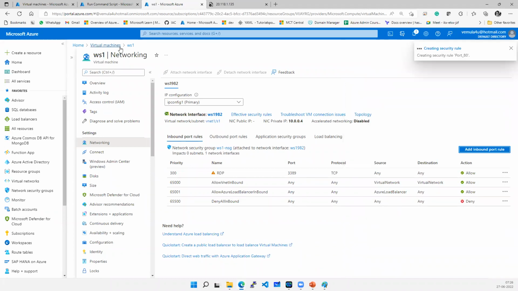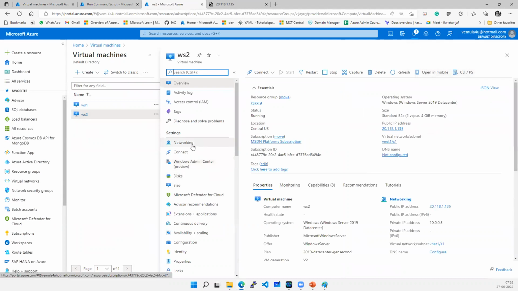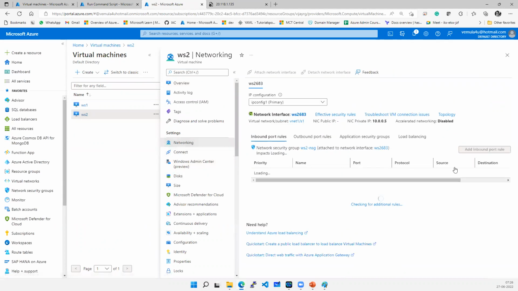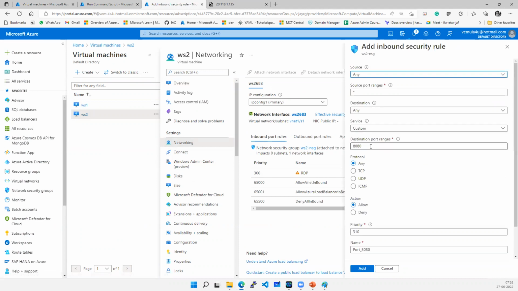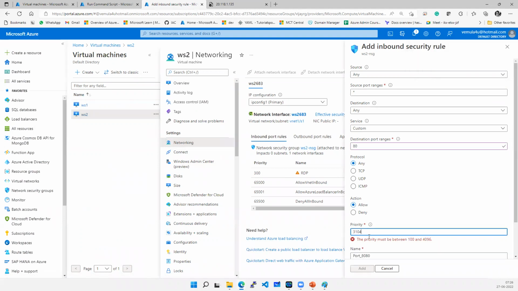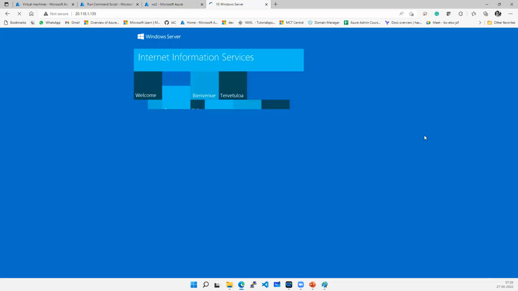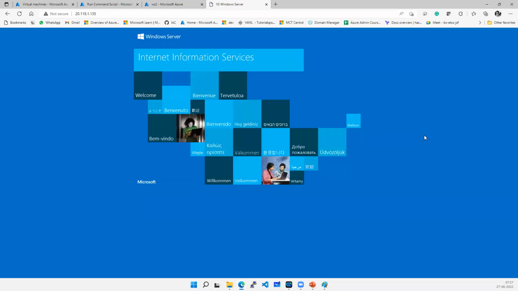Same we will do on the web server too. Right? I'm going to web server, to networking, add an NSG rule. Right? So port 80, maybe some other priority number, right? So once you have added these rules, then you should be able to access,